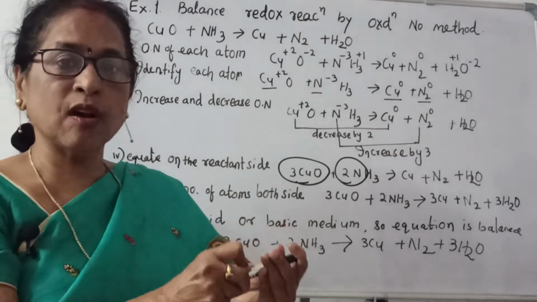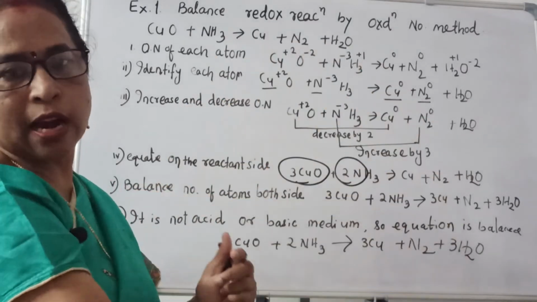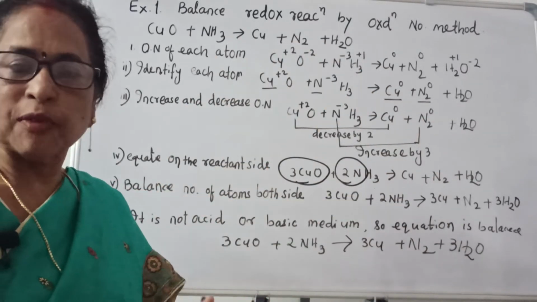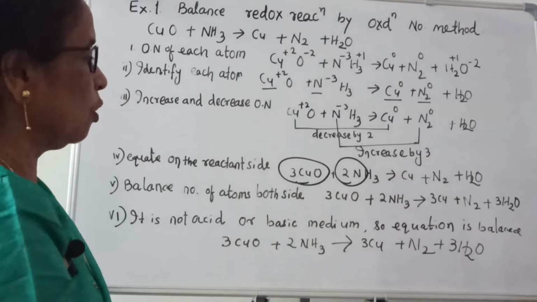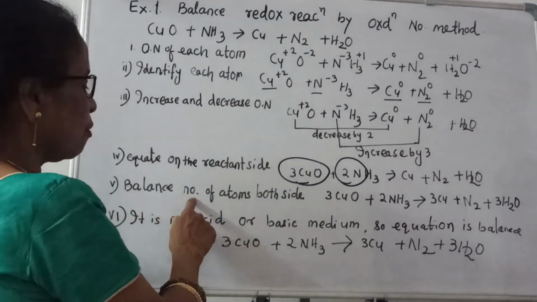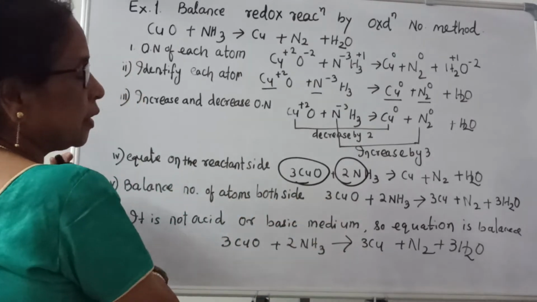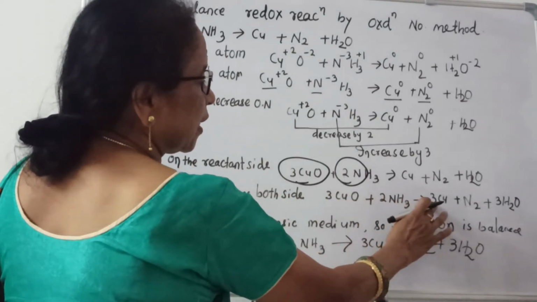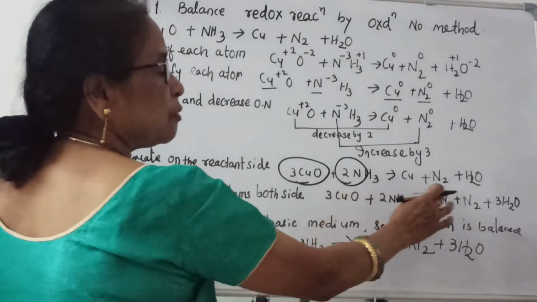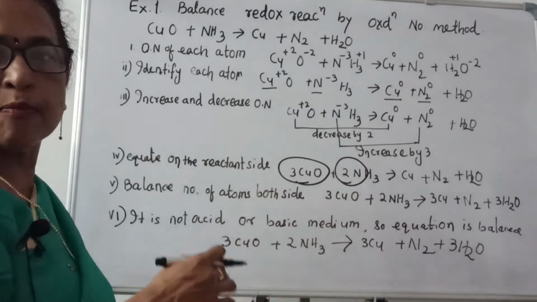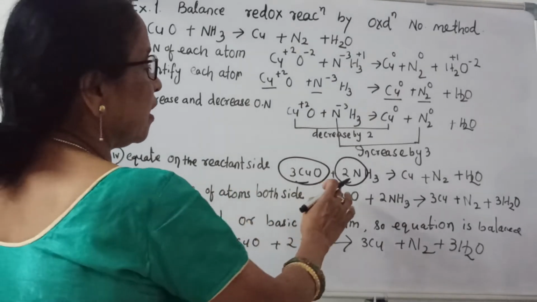If water is not given, you will check oxygen on one side, and on the other side you will add water, but in this equation it makes it easy by giving the water molecule. Now balance the number of atoms on both sides. Here 3 copper, that is why I multiply by 3 here. It is 3 oxygen, that is why water is multiplied by 3 because it becomes 3 oxygen, and here 2N,